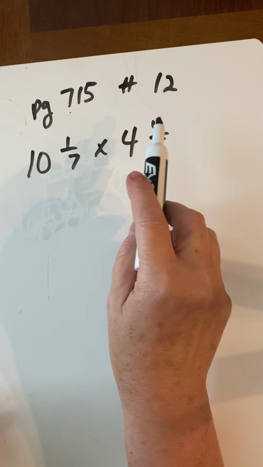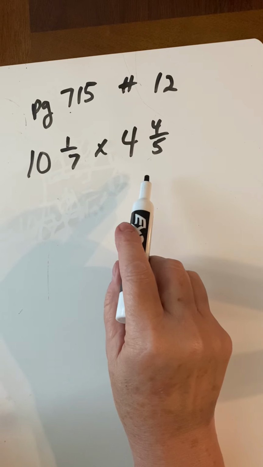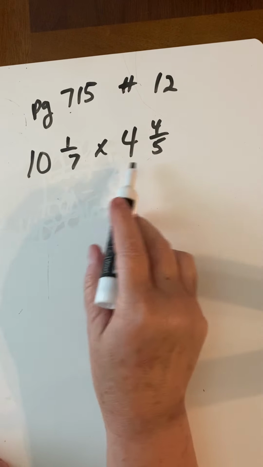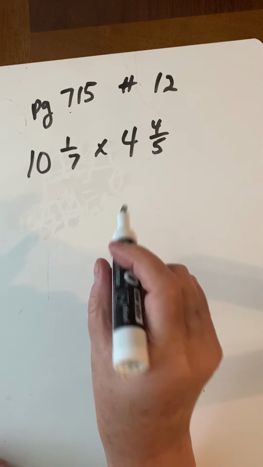This is page 715, number 12. 10 1/7 times 4 4/5. First thing you have to do is turn both of these numbers from mixed numbers into improper